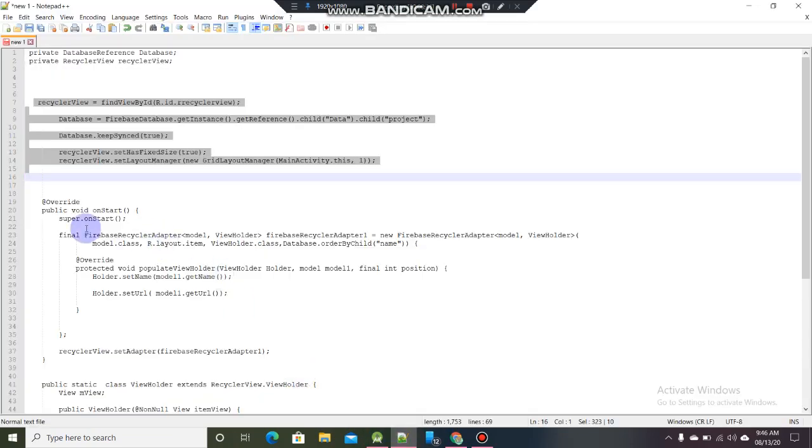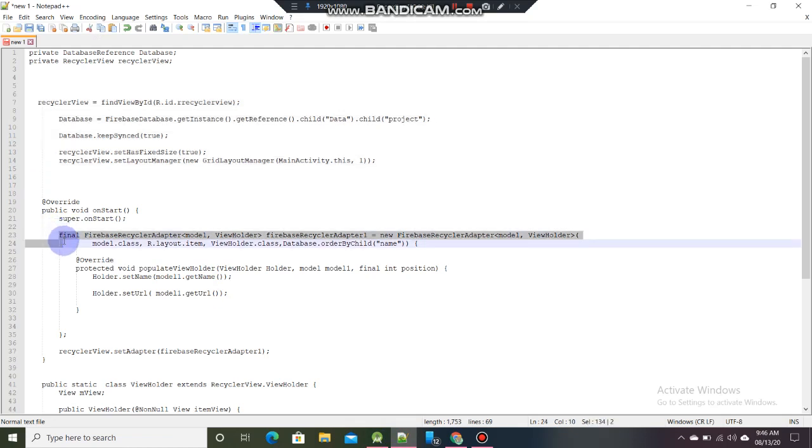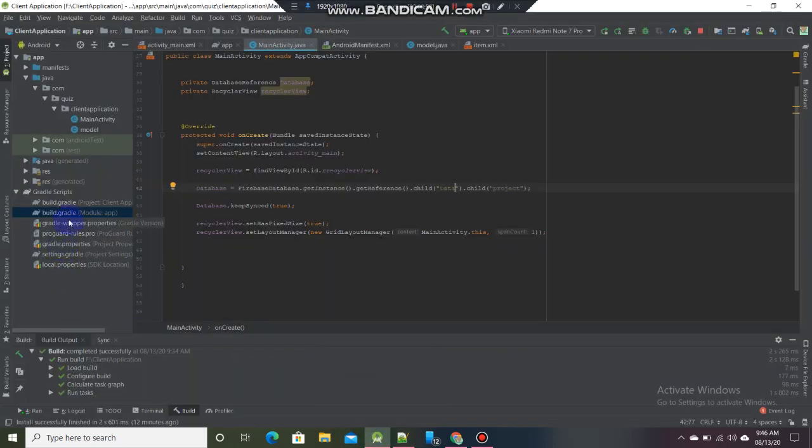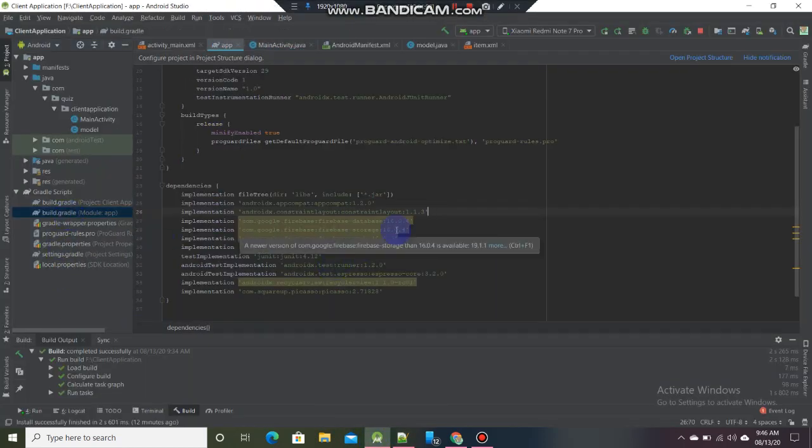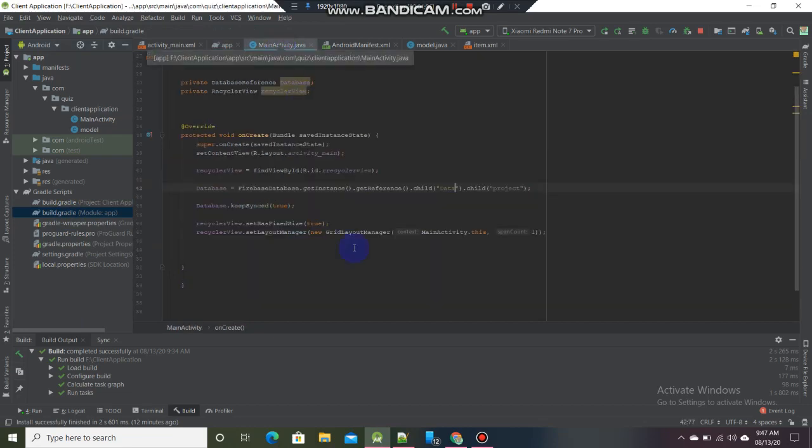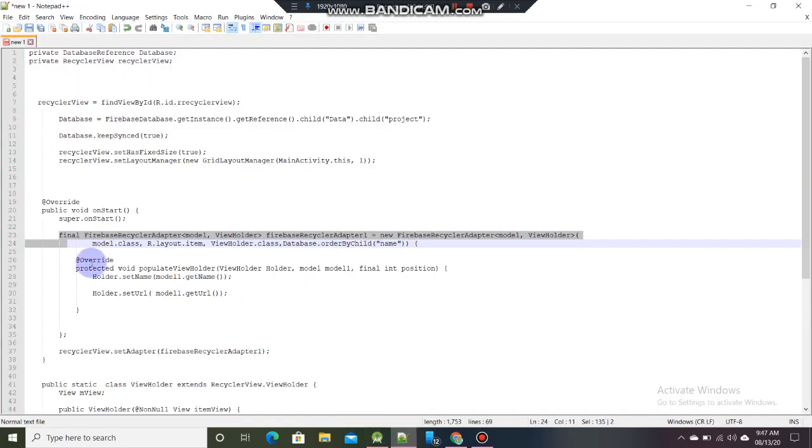Now we are using a populate method which is predefined, or we can say we get it through the Firebase UI library. So for that you need to add the library which is Firebase UI database. Now paste it.